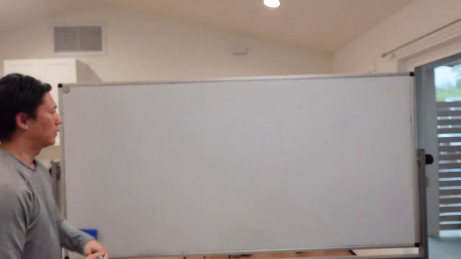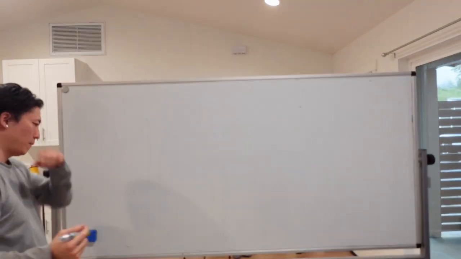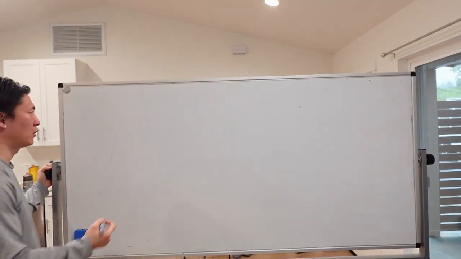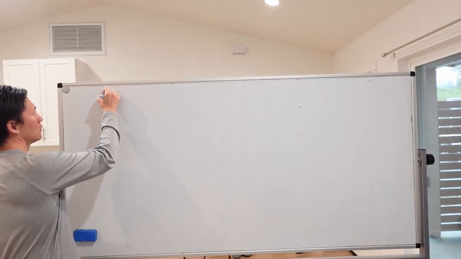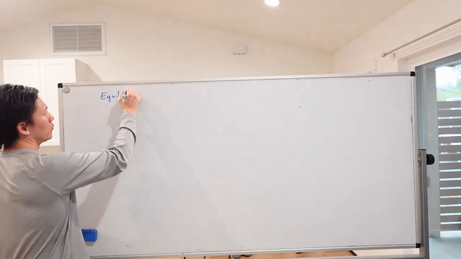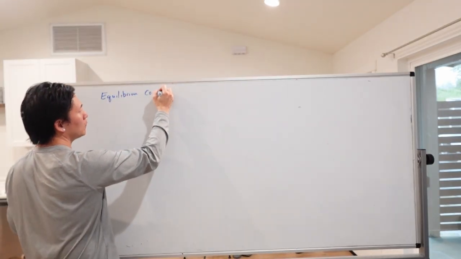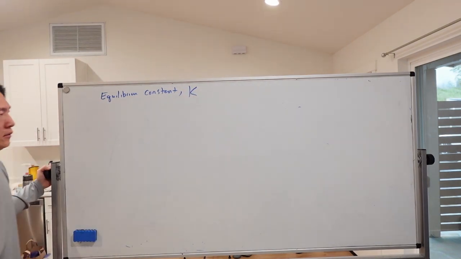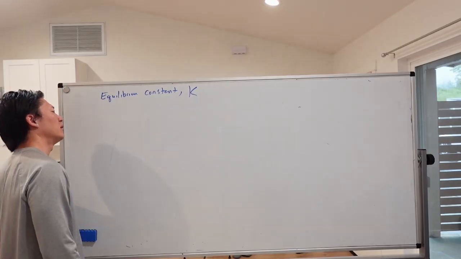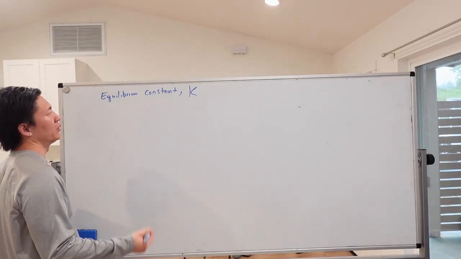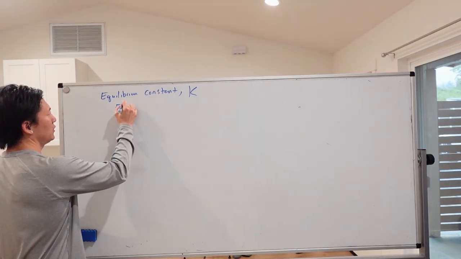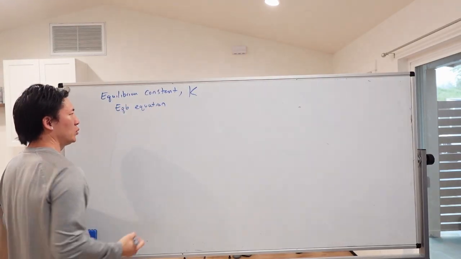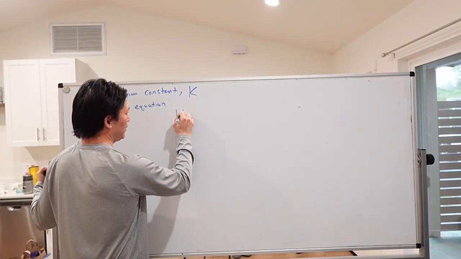Alright, so for equilibrium reactions, there is something called the equilibrium constant. It is K, capital K, and there is an equilibrium equation, Eqb equation. The equilibrium equation would be K equals